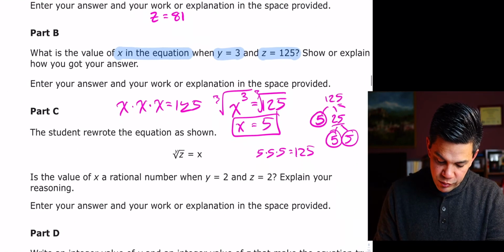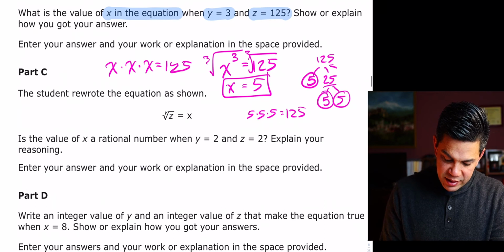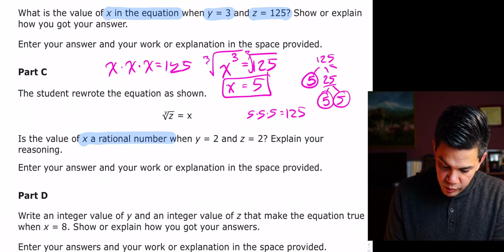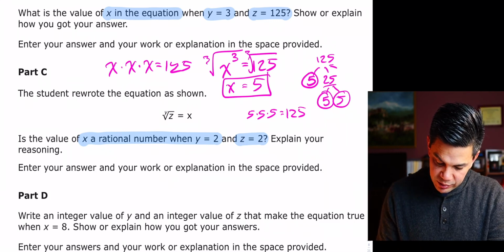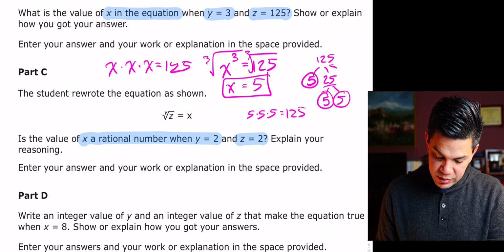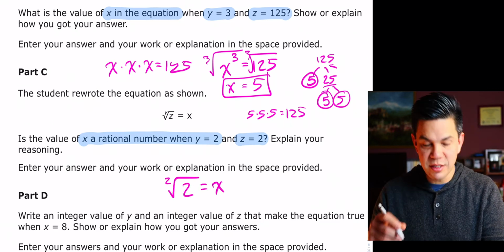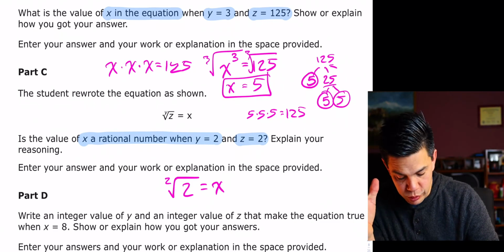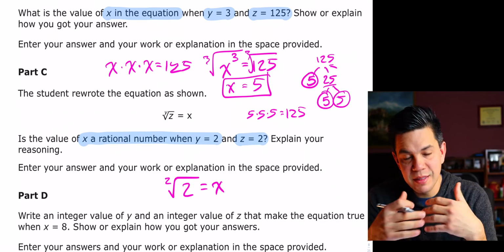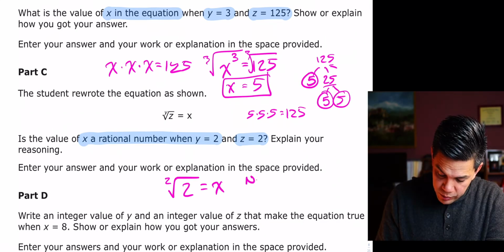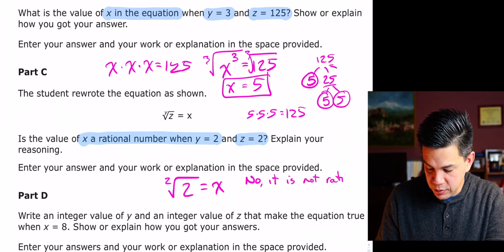All right, the student rewrote the equation as shown. Is the value of x a rational number when y is 2 and z is 2? Explain your reasoning. Well, let's look at what this looks like. Again, we're just going to do some substituting. 2 and 2 is equal to x. This basically says the square root of 2 is equal to x. And there is no number that we multiply by itself to get 2. No, it is not rational